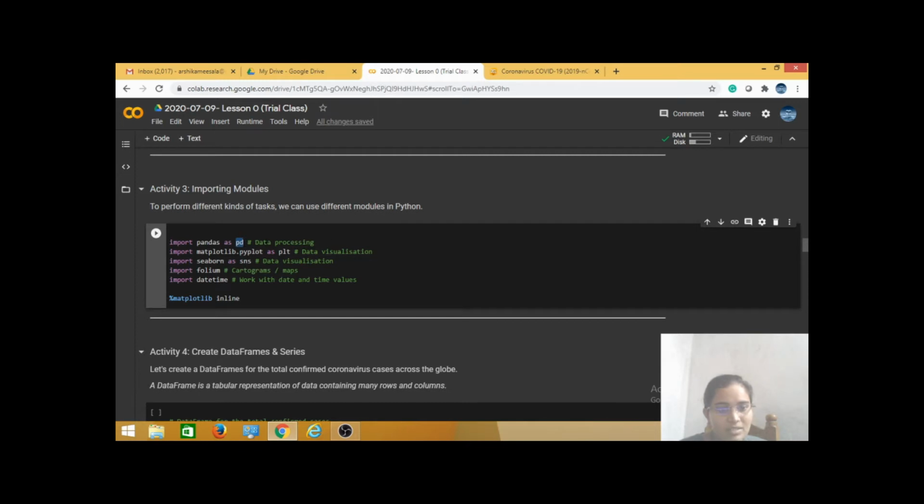Why I am giving this pd is, as earlier I said, I don't want to use the whole path or big names. That's why here I am using pd. Whenever I want to use pandas, in that place I can use this pd. The next one is import matplotlib.pyplot.